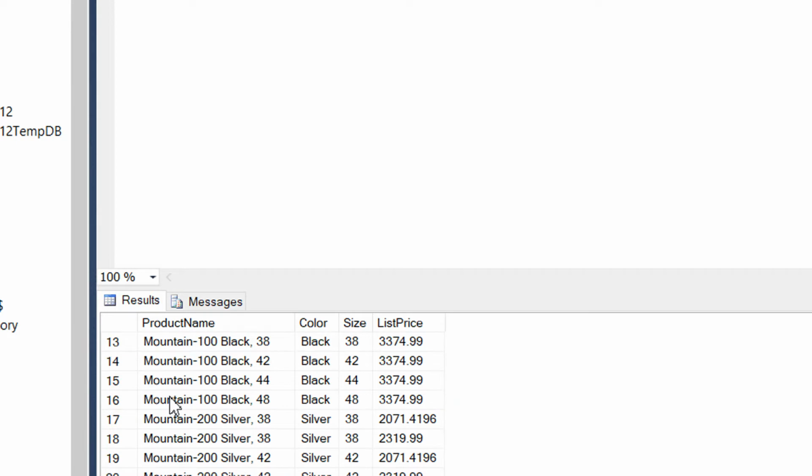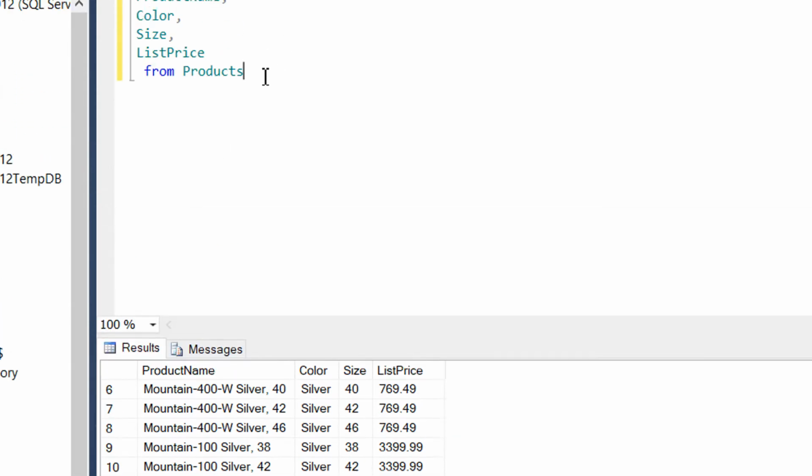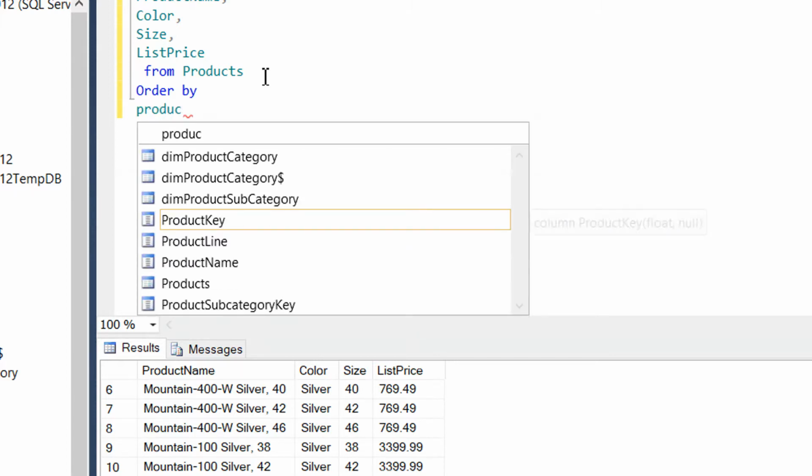So here you can see this is not ordered, so we need to order. We need to use ORDER BY here, and the column name is product name.